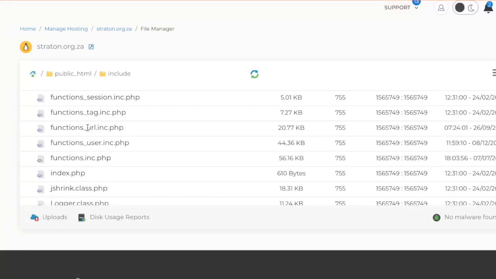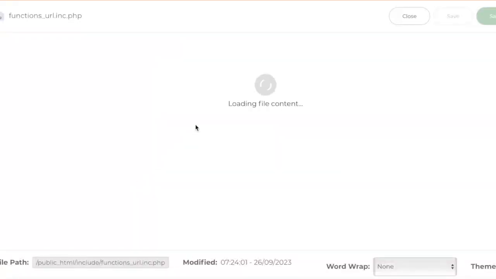There. So it's functions underscore url.inc.php. To open it up,